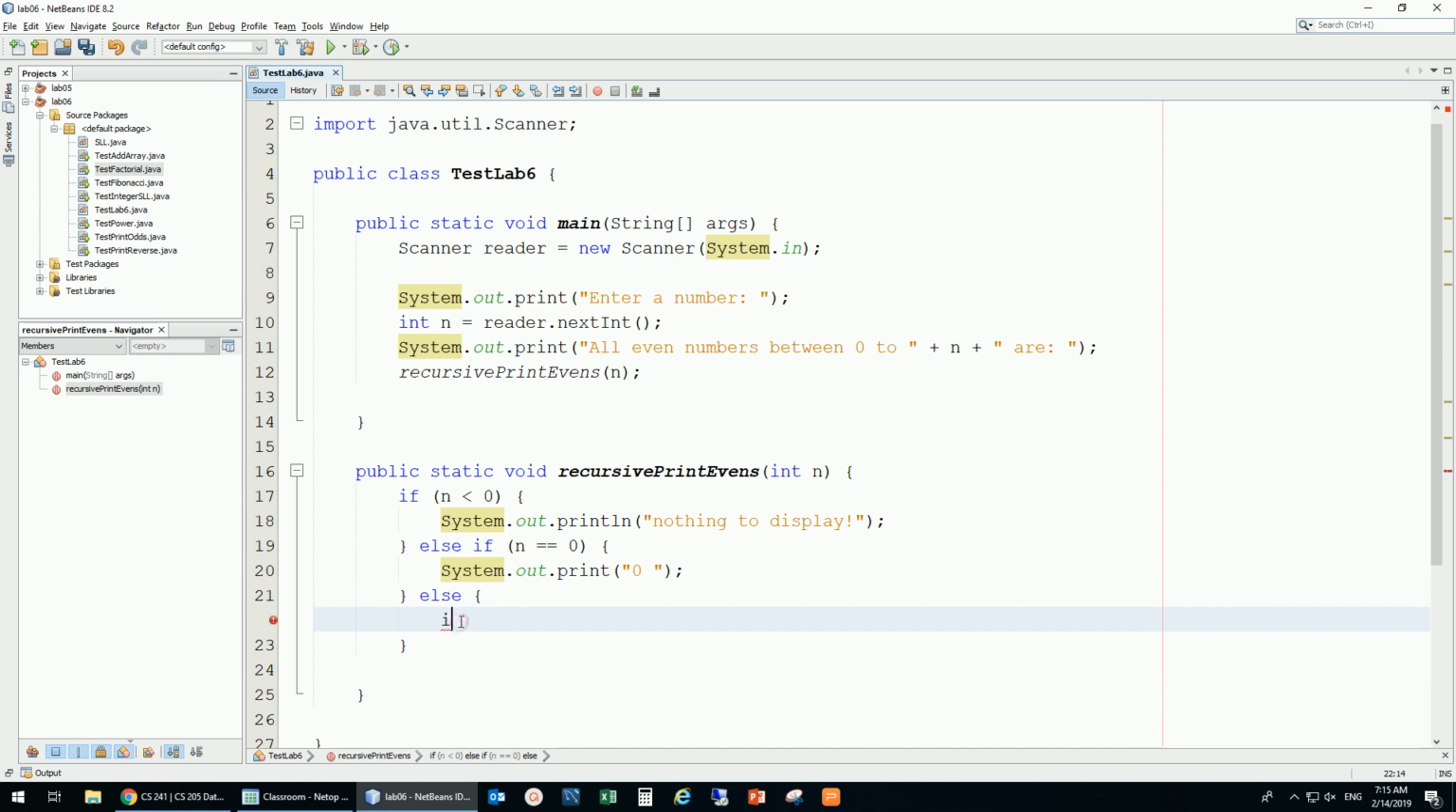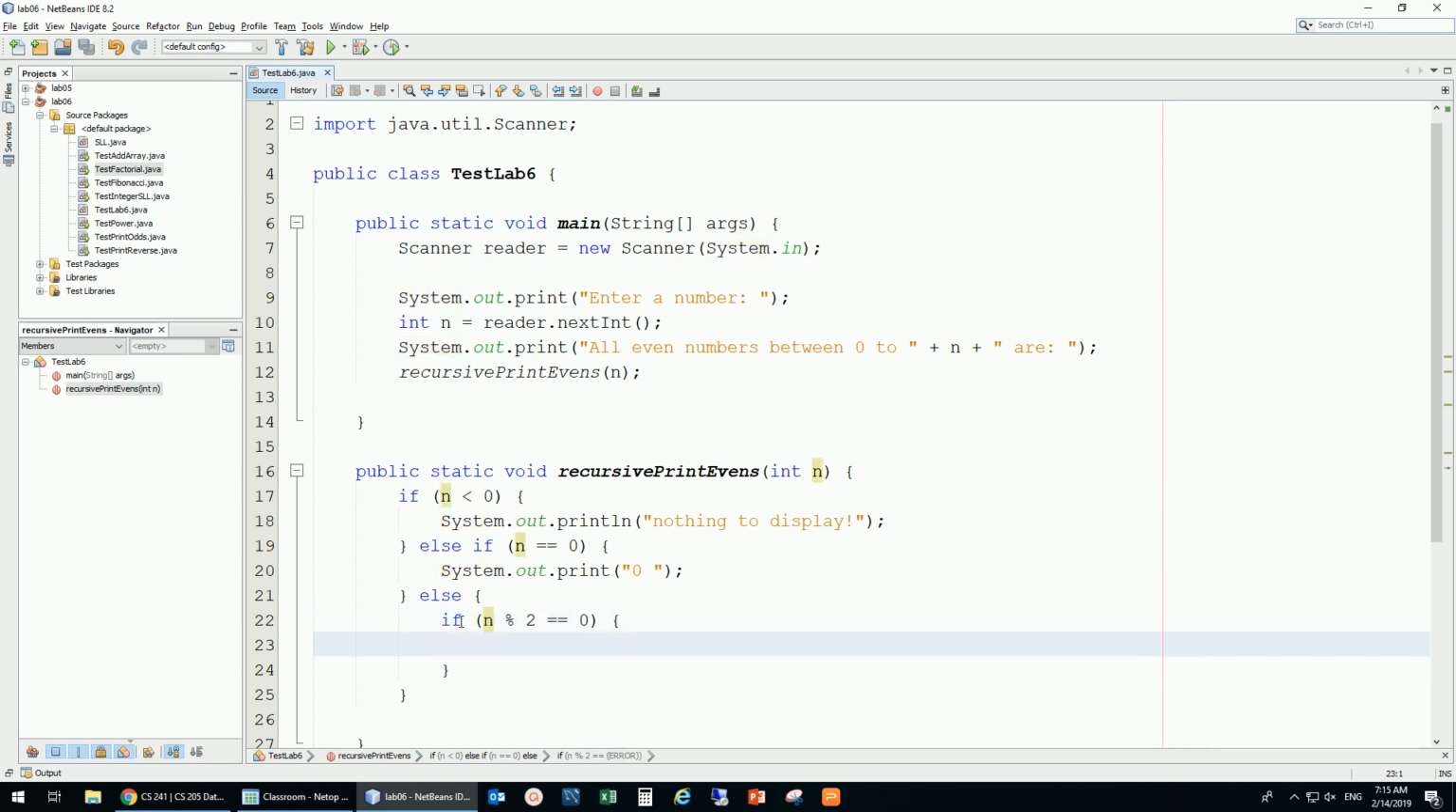Now if I'm in the else, I know that I'm going to deal with the number being odd or even, and if it's even, then I'm going to display it. If it's not even, I'm not going to. So it's at least an else if, but I just want to make it clearly separated from those. But I'm going to go back to the else if. So now if n modular division by 2 is equal to 0, then